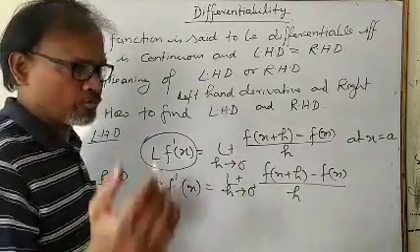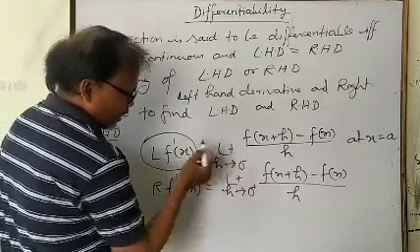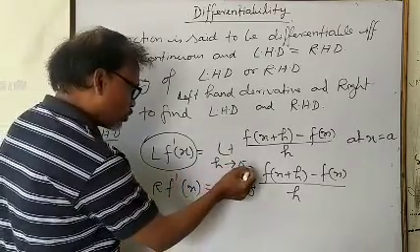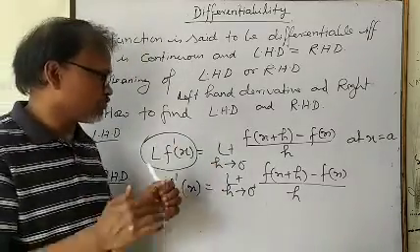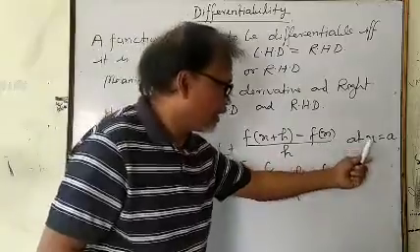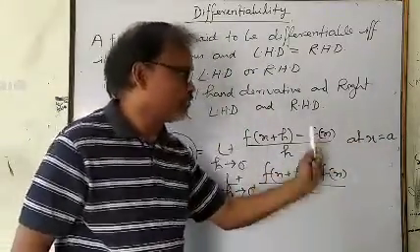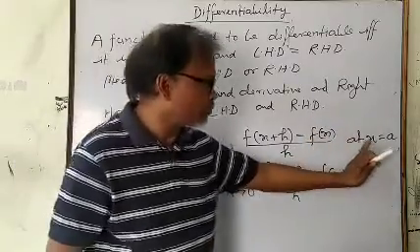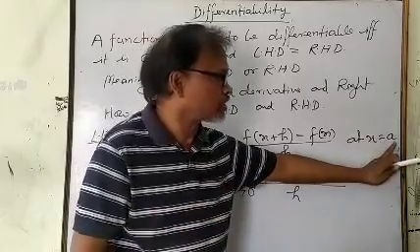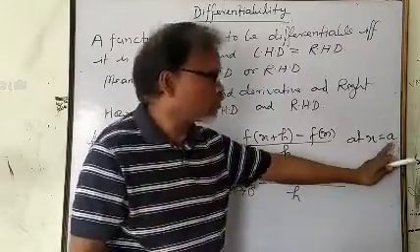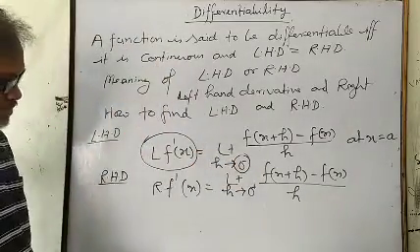How to prove the differentiation of any function. h tending to 0 minus represents only the left side value, means the value which is less than a. At x is equal to a, if we have to find at x is equal to 2, x is equal to 5, x is equal to 0, then the function we take is for x less than a, or x less than 2, or x less than 5. Only this represents 0 minus.